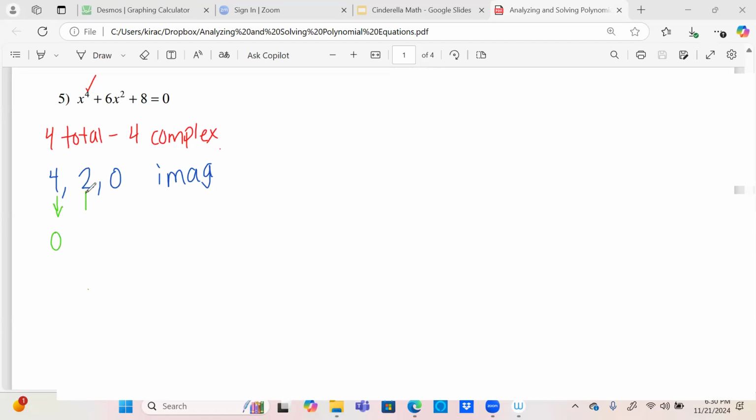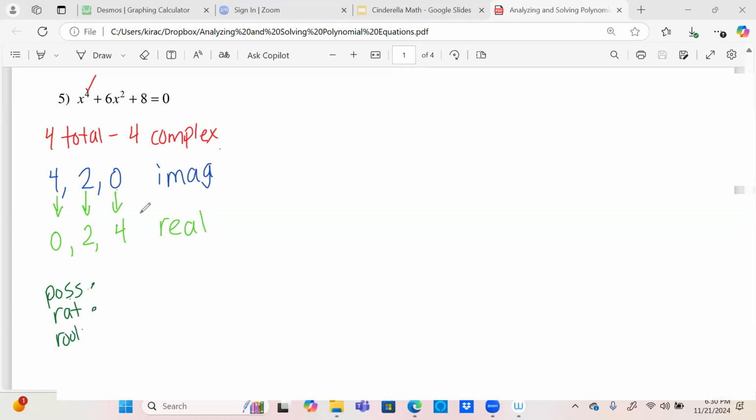If you get 2 imaginaries, you would do 2 real. And if you get 0 imaginaries, you would need 4 real. Again, those all have to add up to 4 because we have to have 4 total. So these are our reals, possibilities. Speaking of possibilities, let's go ahead and get the possible rational